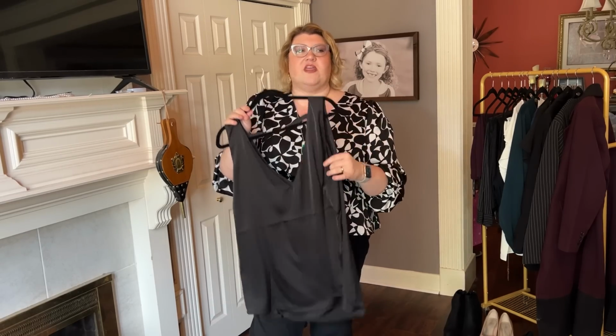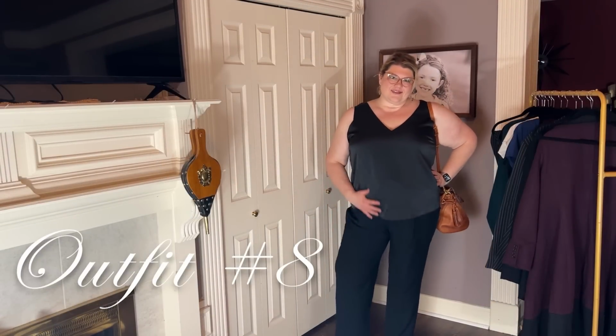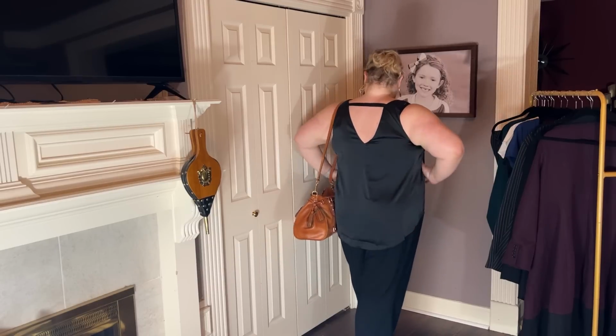Now the problem with a camisole, especially whenever it gets hot in the office, is that the ones that I have at least kind of have spaghetti straps, and there's no way that I would take my jacket off with the spaghetti strap showing because you would see my bra strap. What I wanted was a black undershirt that had straps that were wide enough to conceal that bra strap, so that in the event that I took off my jacket, I would be completely office appropriate, and this one really